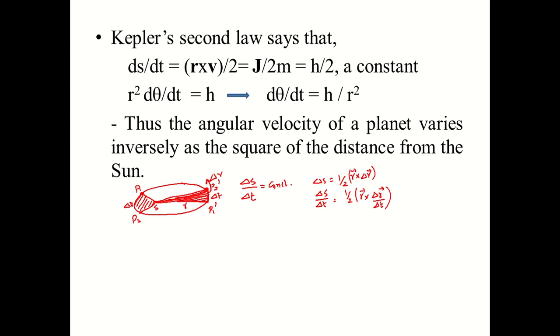So it is change in position per change in time. It is nothing but the velocity v. So this equation becomes 1 by 2 into r cross v. In the limit delta t tending to 0, which is called dS by dt, the areal velocity. So dS by dt we obtained as